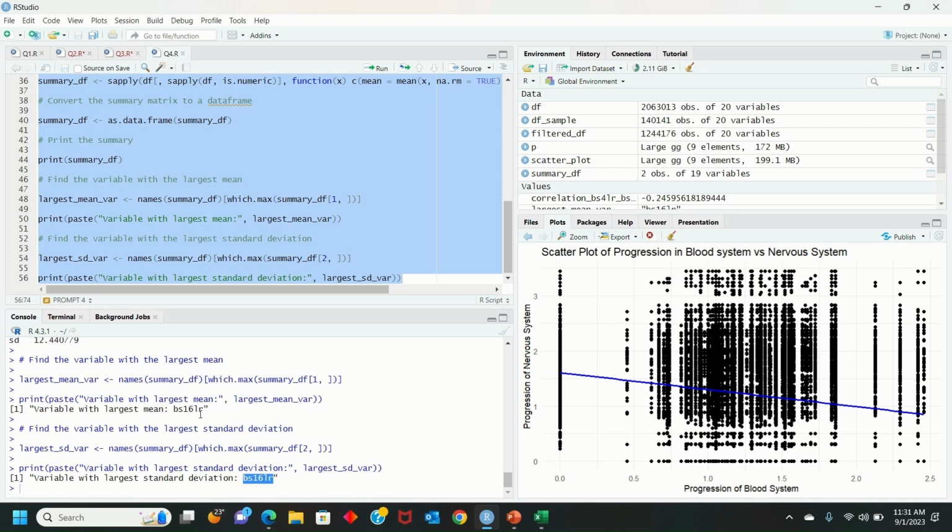These values you can copy and directly paste in Word or PowerPoint. You can also copy this image directly from here and paste it in the Word document or PowerPoint, in whichever form you want to save